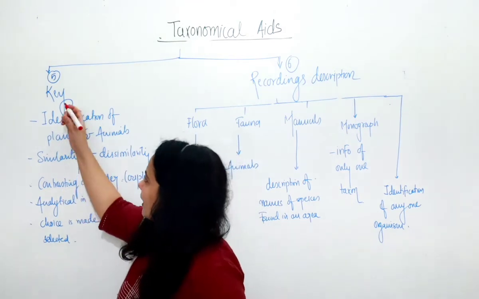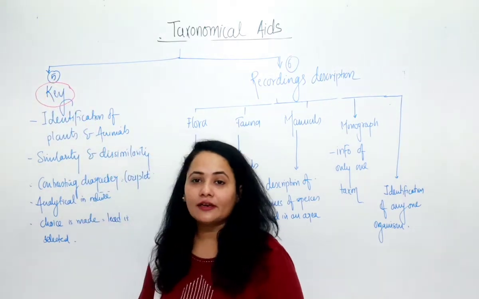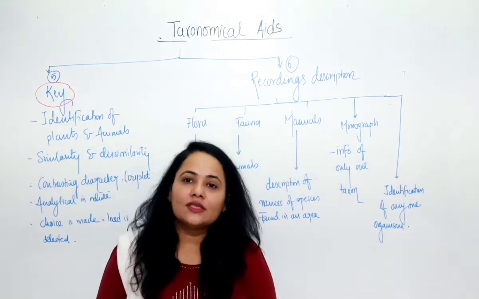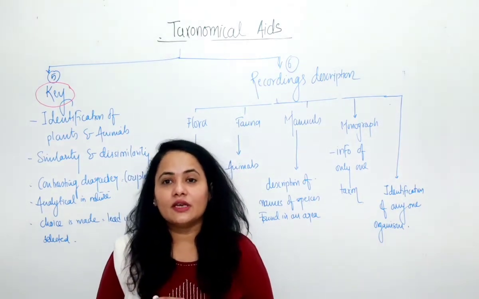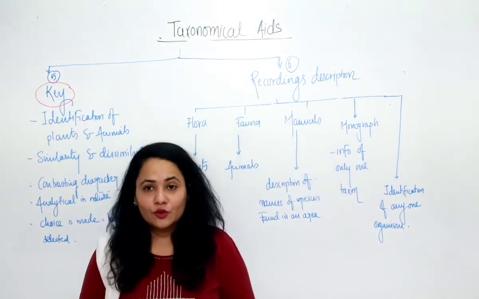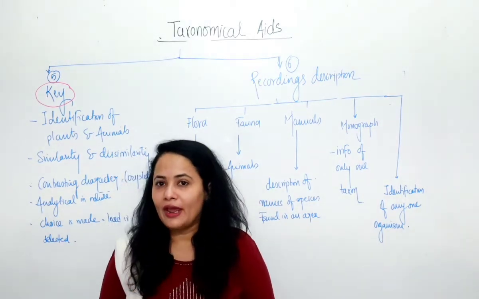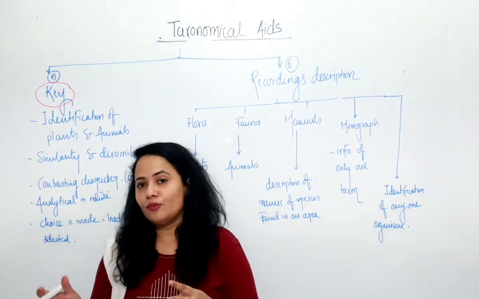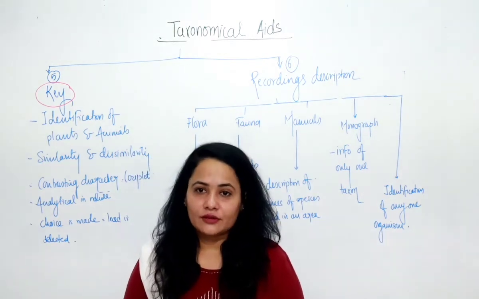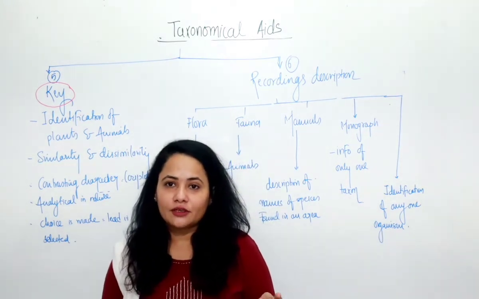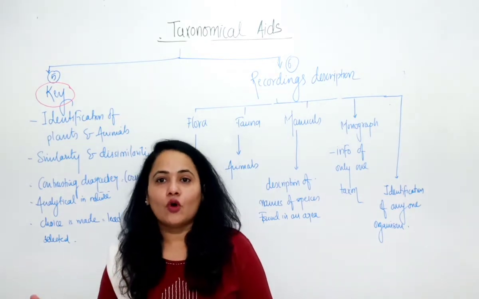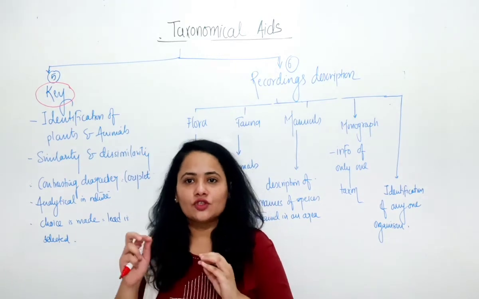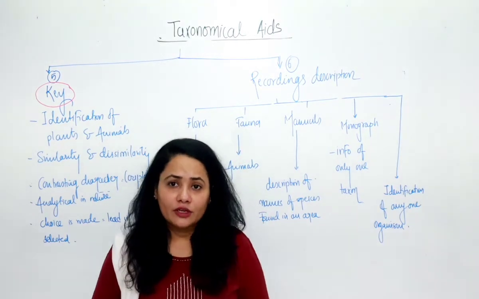Now what do you mean by key? Let us understand a key. Key is a character which we select on the basis of similarity and dissimilarity. Suppose I have collected a number of plants and animals from ponds, and some of the plants and animals from the land. I will have 2 characteristic features, that is land and water, or aquatic or terrestrial. So I will be having 2 options to put those plants and animals into.